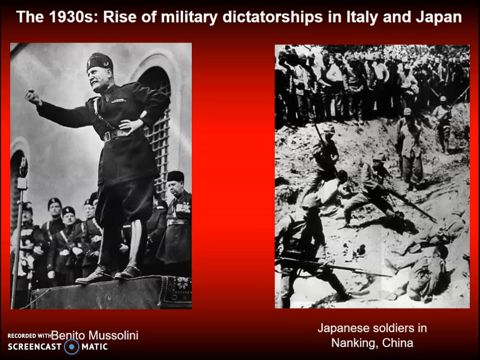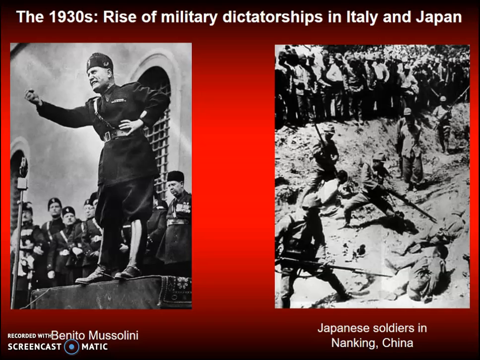Japan will also become much more aggressive on the international stage in the 1930s, not just for national glory, but also because their small island nation needed access to more natural resources such as oil and rubber. So in 1931, Japan seized the northern Chinese province of Manchuria and other parts of northern China in 1937, resulting in a long and brutal suppression of the locals there.